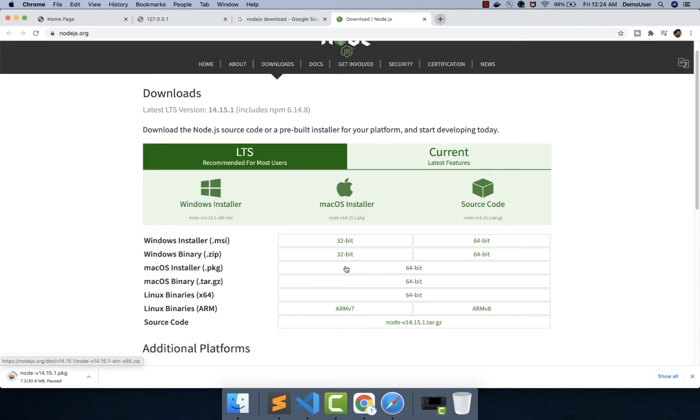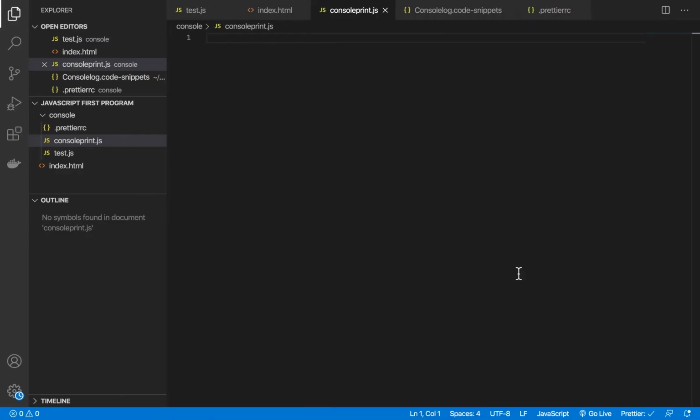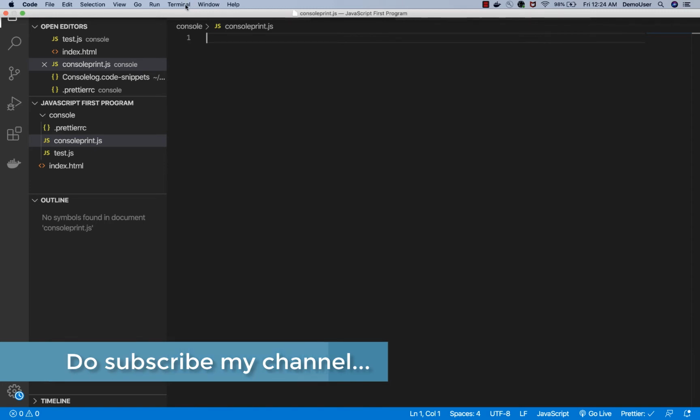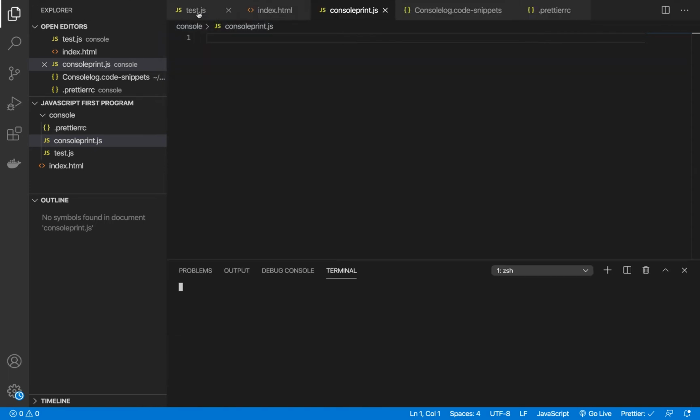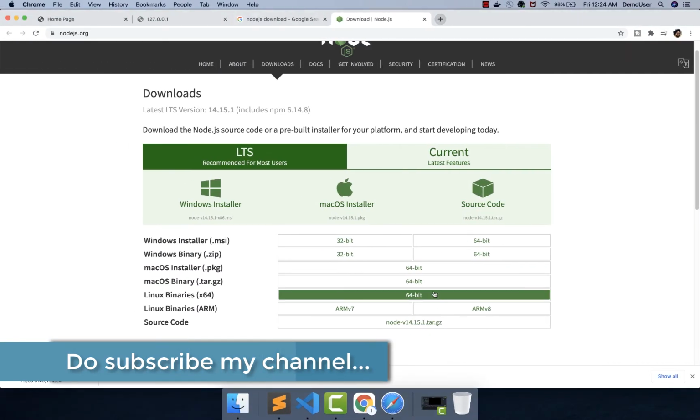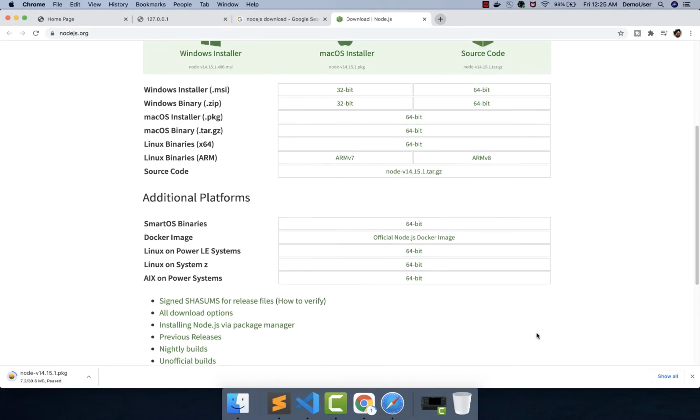It's totally fine. Before going ahead, I'll just check my current Node version. So I'll go to my terminal, that's over here in my Visual Studio Code, and I will say new terminal. You can see a new terminal has been opened and it is running under my folder, that is JavaScript first program. I will say node space -v to check my Node version. And yes, for me Node is already installed, that is v14.15.0. If it's not installed for you, please go back and install it from here, that will work for you.